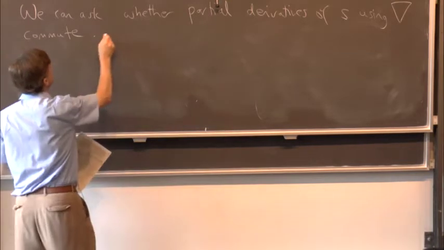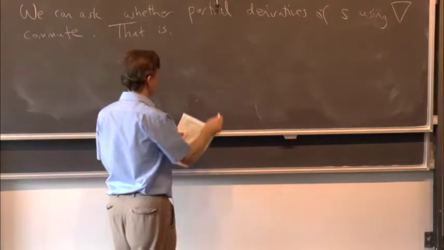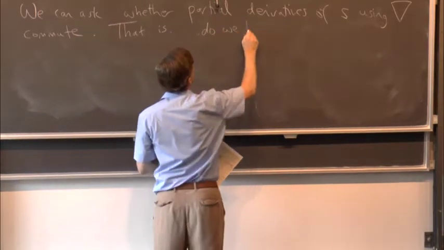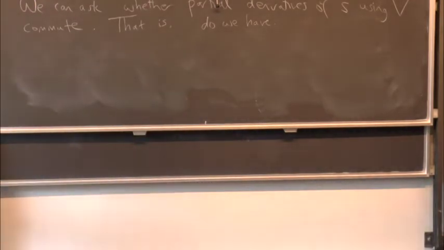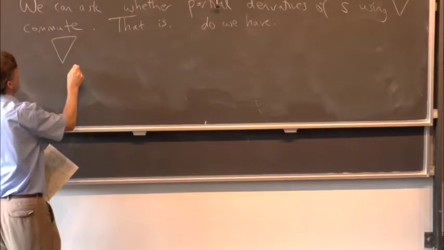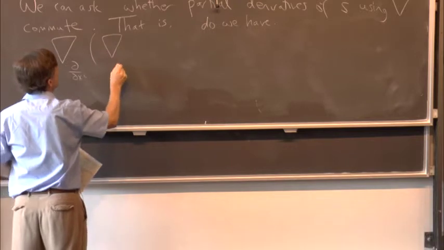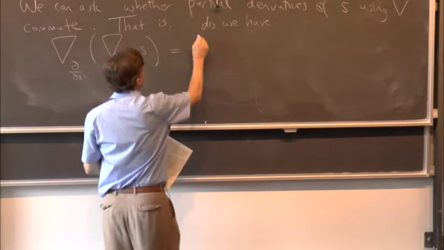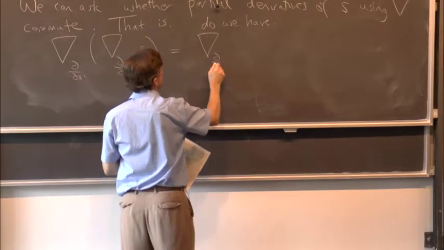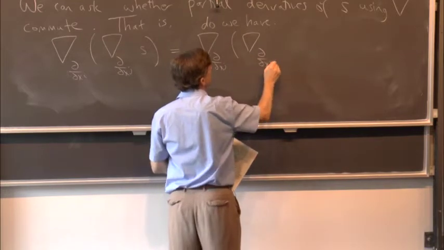So that is, well, do we have, well, so the analogue of this thing here would be ∇ in the direction ∂/∂x^i of ∇ in the direction ∂/∂x^j of s equals ∇ in direction ∂/∂x^j of ∇ in direction ∂/∂x^i of s